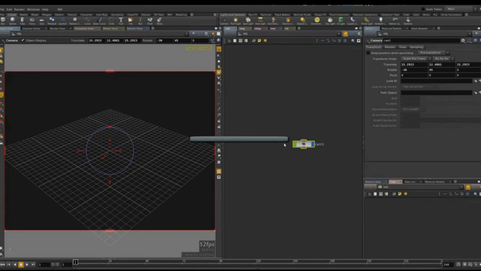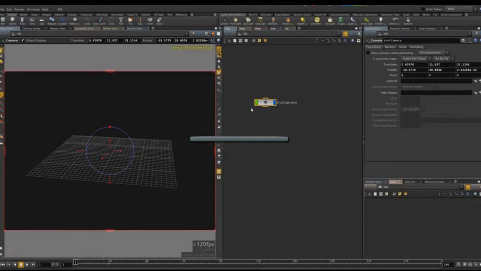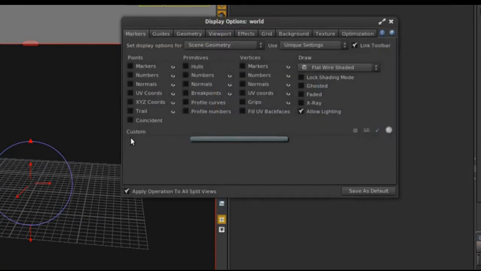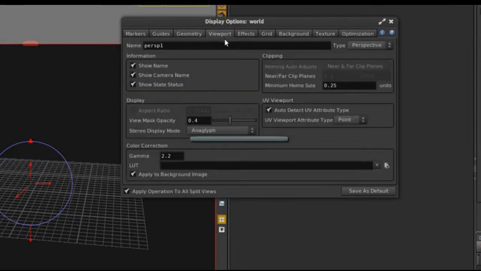So control click on that. I'm gonna need this shot camera, and I'm just gonna lock the camera and move it around. But before I continue, I'm gonna add the image to Houdini. Here, just press D and